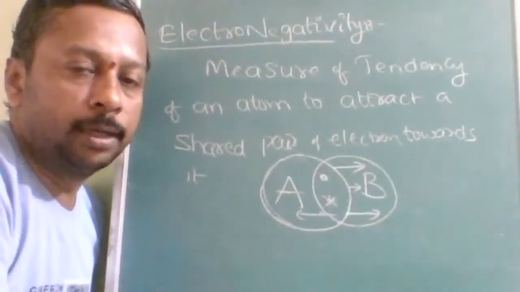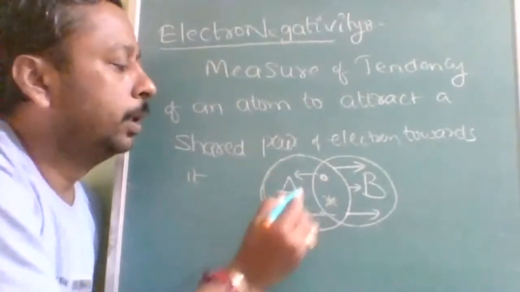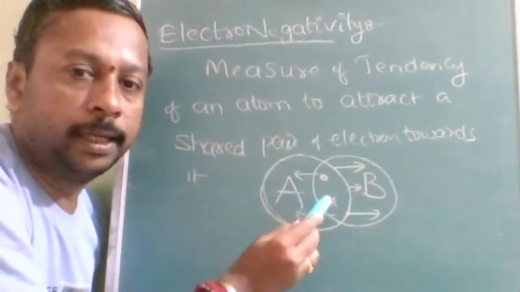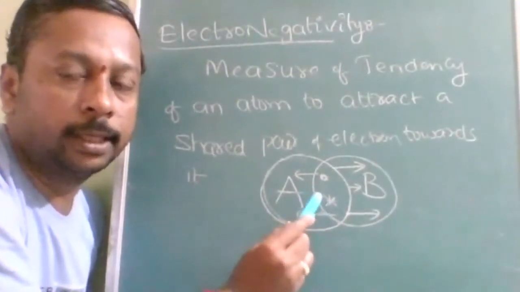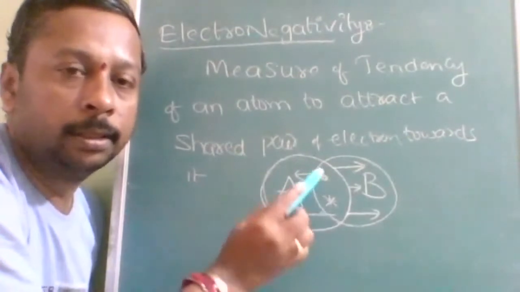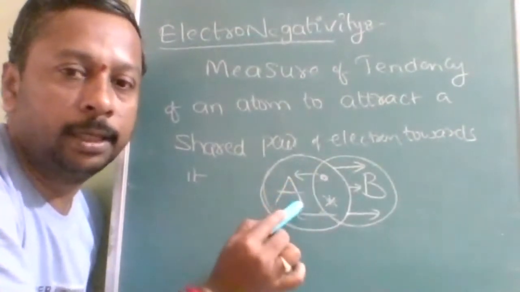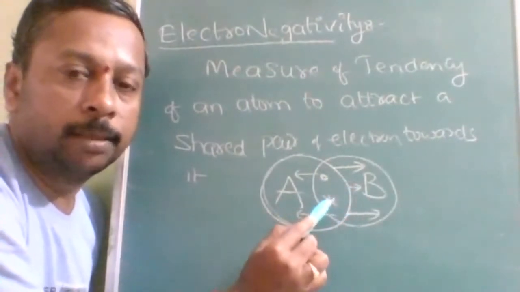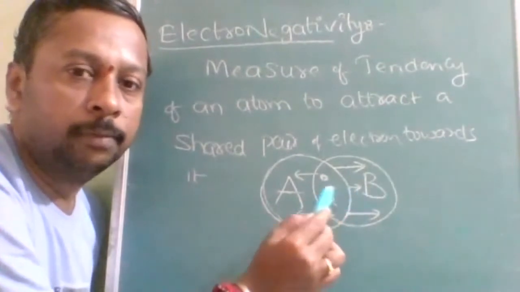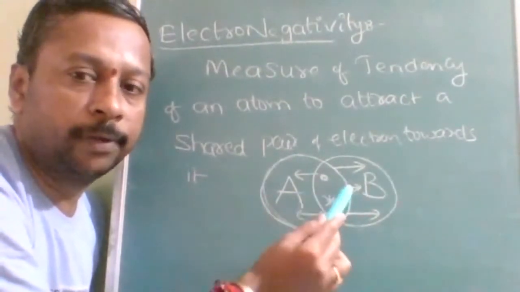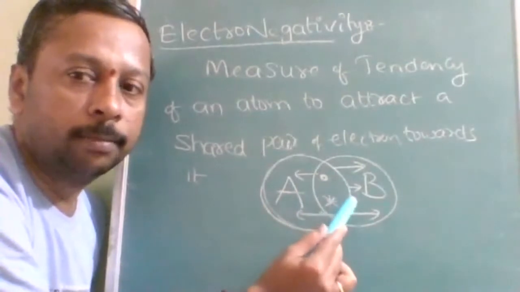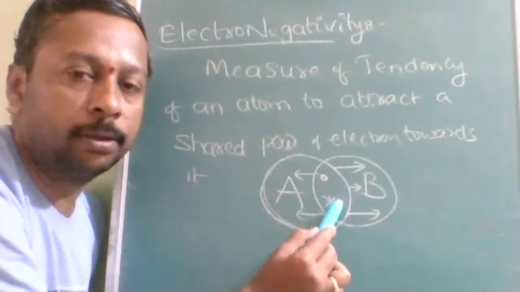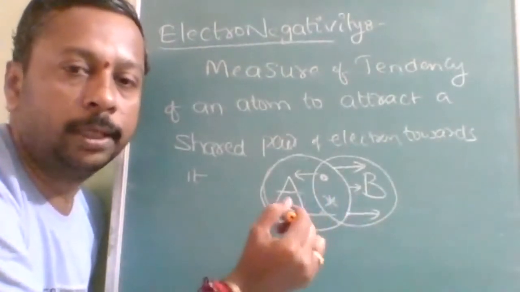That means this electron pair is pulled towards B. It does not mean that the right of A over this electron is seized. A still possesses the right on this electron and uses it for sharing purposes. But the extent of sharing is less by A and more by B. So we cannot say this electron is completely on B, or completely away from A. It belongs to both of them. But still, the percentage of sharing of this electron by B is more as compared to A.